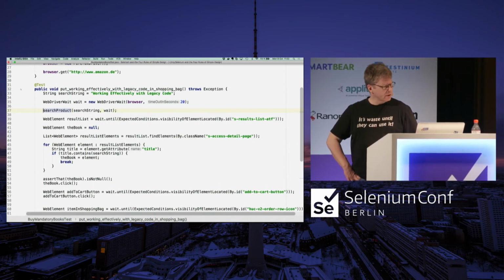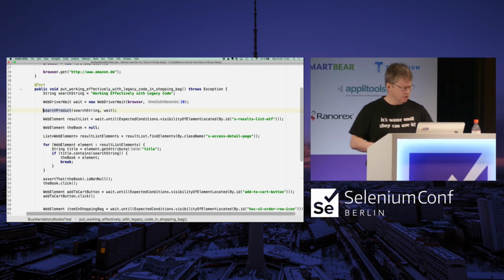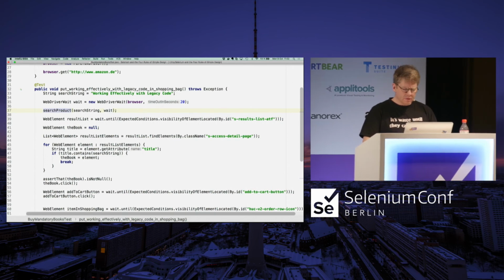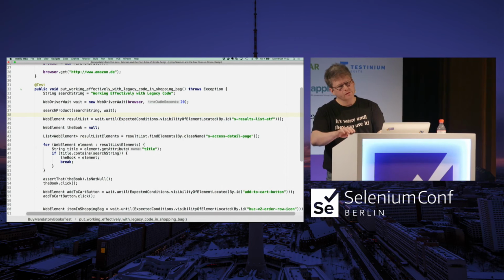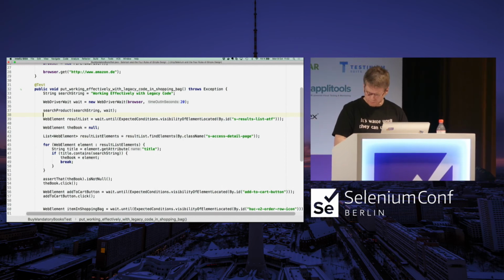It's true that wait could be part of setup, and I'm thinking of extracting it, but I'm also thinking of waiting with extracting it just a little bit.